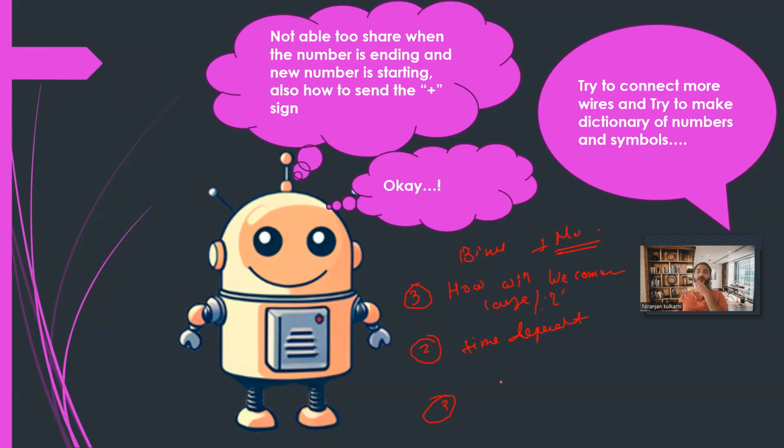Third, the problem was time dependent, with very large digits, and we are able to communicate only numbers. We are not able to communicate symbols, particularly operators like plus. I can say division, multiplication, subtraction, addition, or something like delete. We are not able to communicate so many symbols, like if you see the modern computers, there are